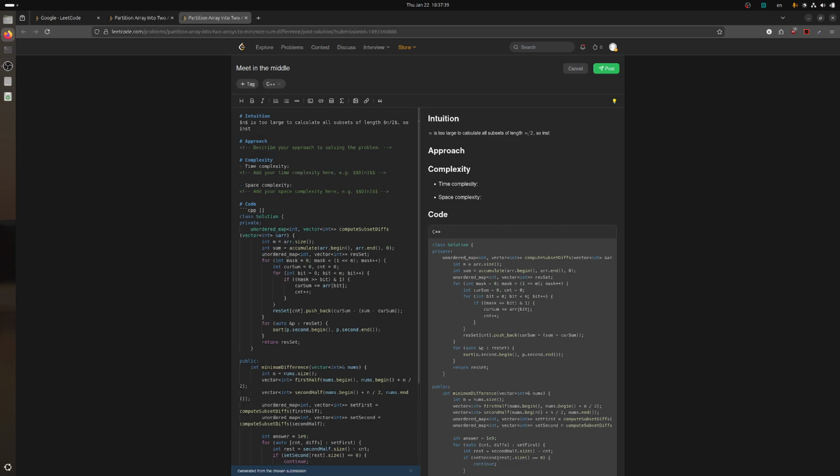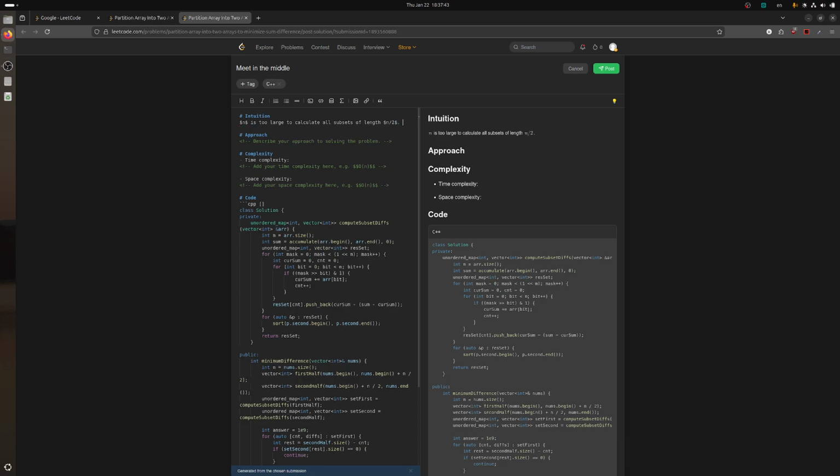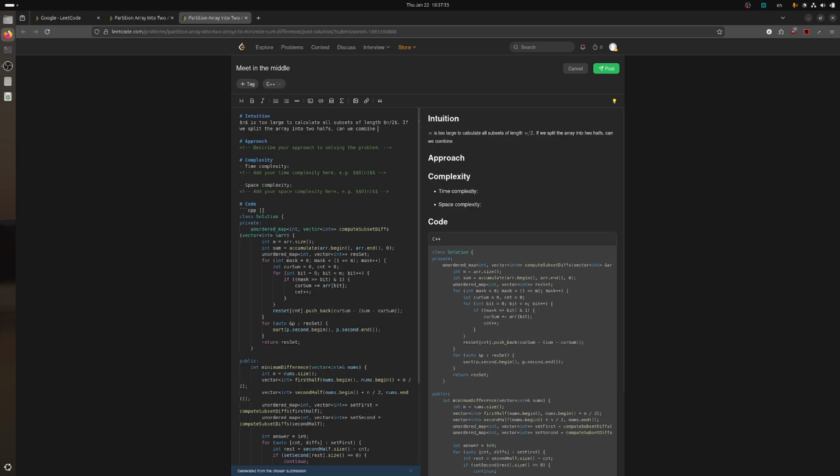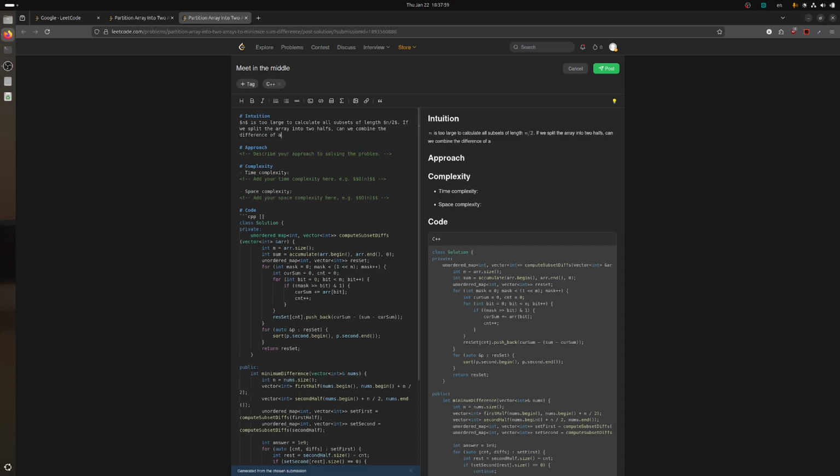So instead, if we split the array into two halves, can we combine the differences of arrays, differences of partitions in the halves,